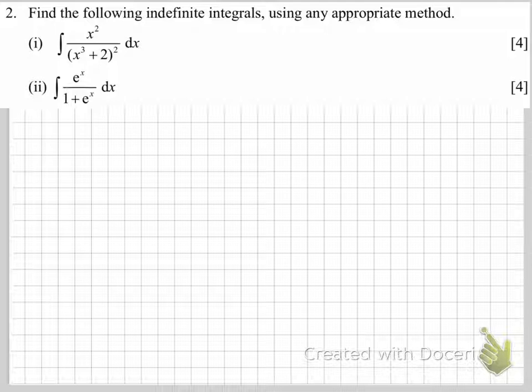Is it an integration by parts? No, not really, because how would you split it up? You might attempt it and find that it seems to not simplify, or you just get stuck, and fine, you give up and you just have to try something else. But if you look closely,